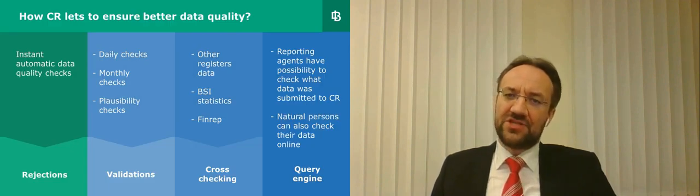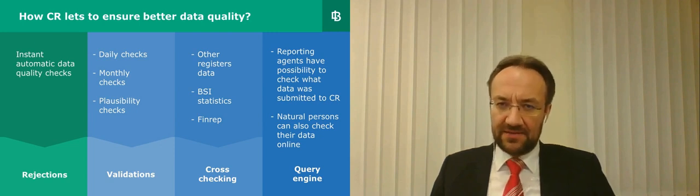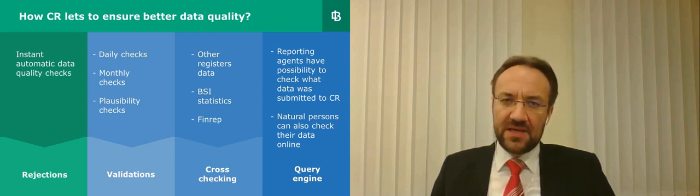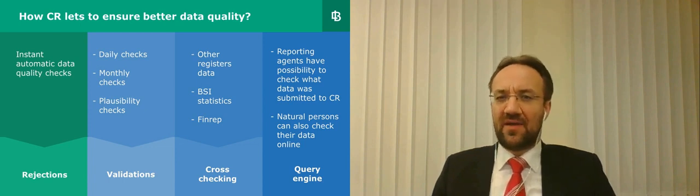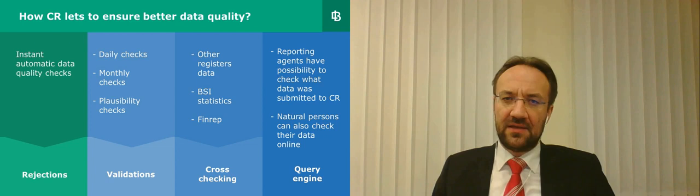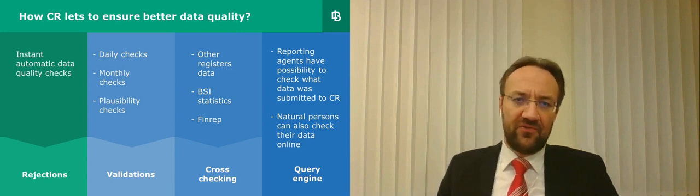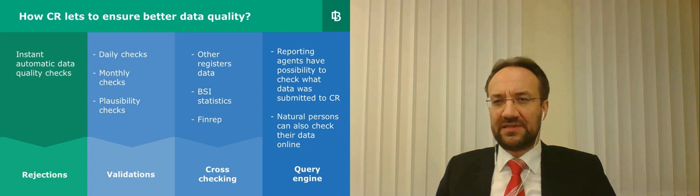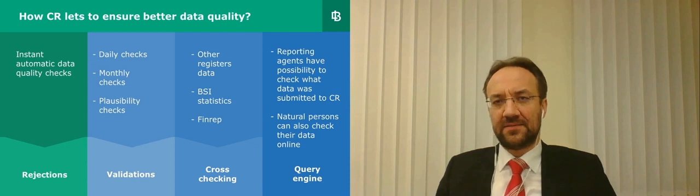Our major difference from AnaCredit requirements is that instant automatic data quality checks are implemented in our credit register. Most of the checks are based on AnaCredit validation rules, but they are adapted in such a way that incorrect data is rejected and does not stay in our credit register. If there is no possibility to check data instantly, for example, when there is a need to check completeness of reported data, then obviously daily or monthly checks are done.